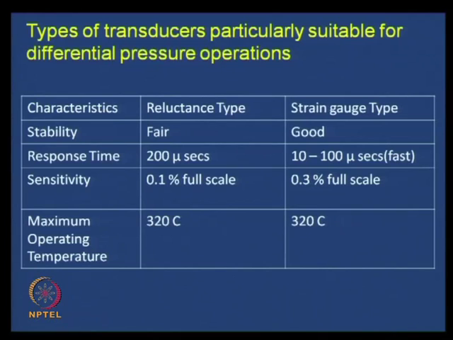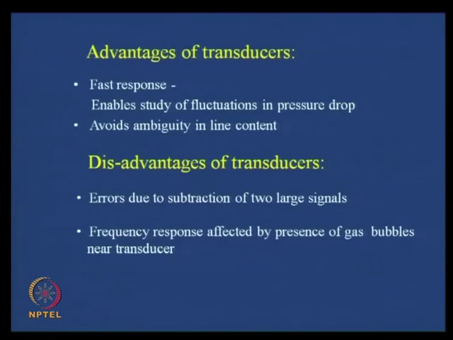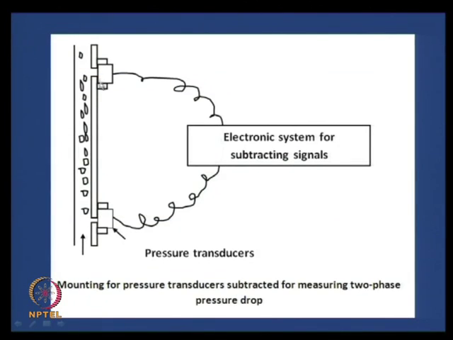More or less there are tapping lines. If I show you here, what happens? There is a tapping line from here, there is a tapping line from here, they enter into a box, there is a diaphragm in the box. So, therefore, the pressure here and the pressure here, they are different. So, the thin diaphragm starts vibrating,